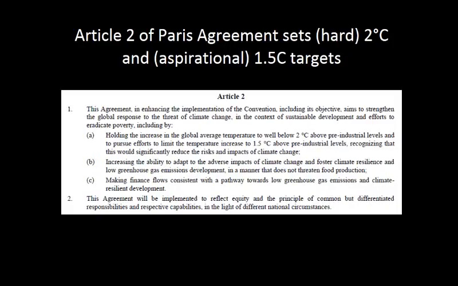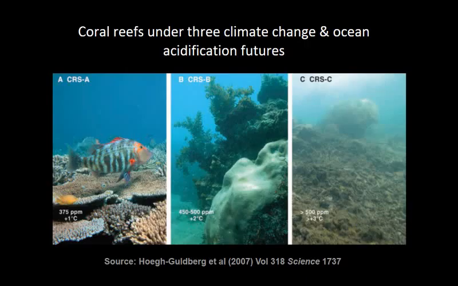So even though we've got the Paris Agreement now, which has this target of keep global temperature rises beneath 2 degrees, or if possible beneath 1.5 degrees, that's a target, but our current actions aren't actually achieving that. And again, we'll talk more about this in the climate lecture, but this is what we expect for coral reefs. So apart from the Arctic, coral reefs we expect to basically be devastated within our lifetimes.